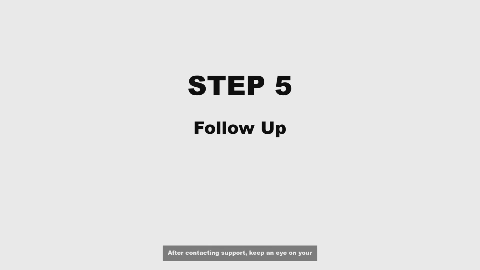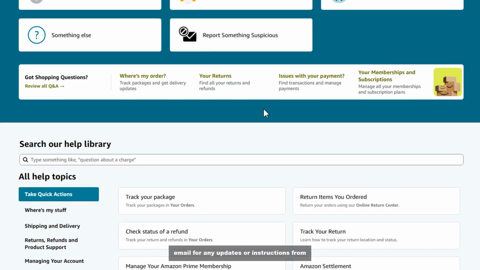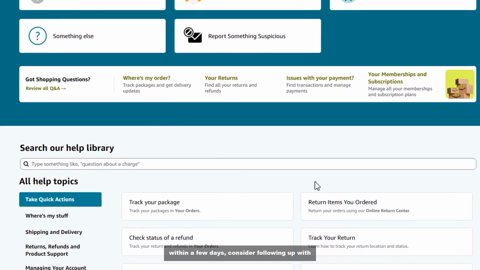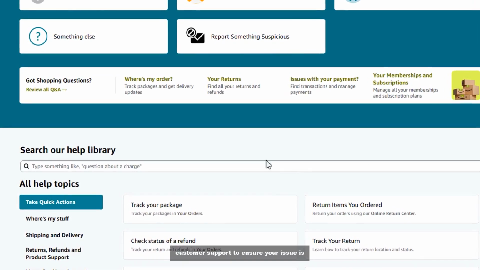Step 5. Follow up. After contacting support, keep an eye on your email for any updates or instructions from Amazon. If your privileges are not restored within a few days, consider following up with customer support to ensure your issue